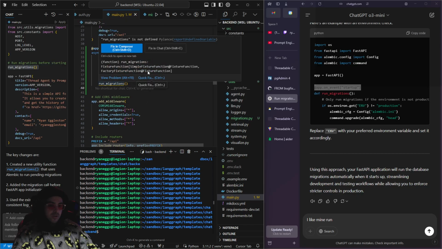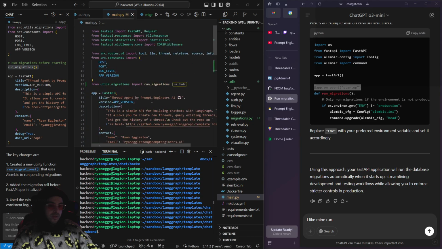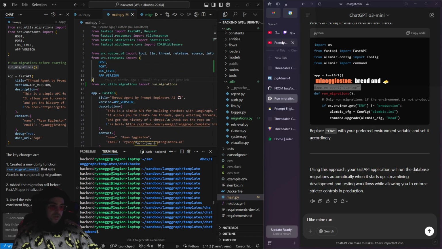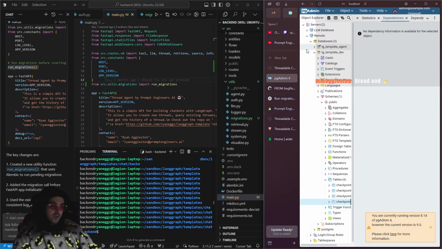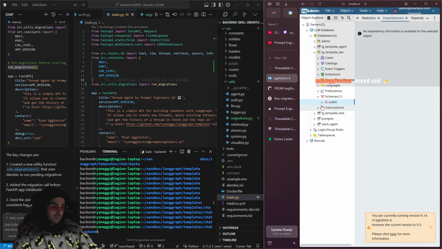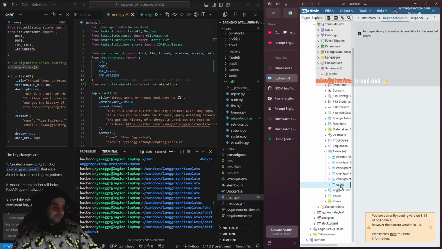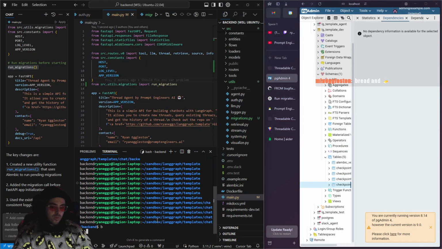And pull that in. Let's see if this works. So we are going to delete in our local one the date. So we're going to have the table dropped. Delete. Cool. Now, when we run this,